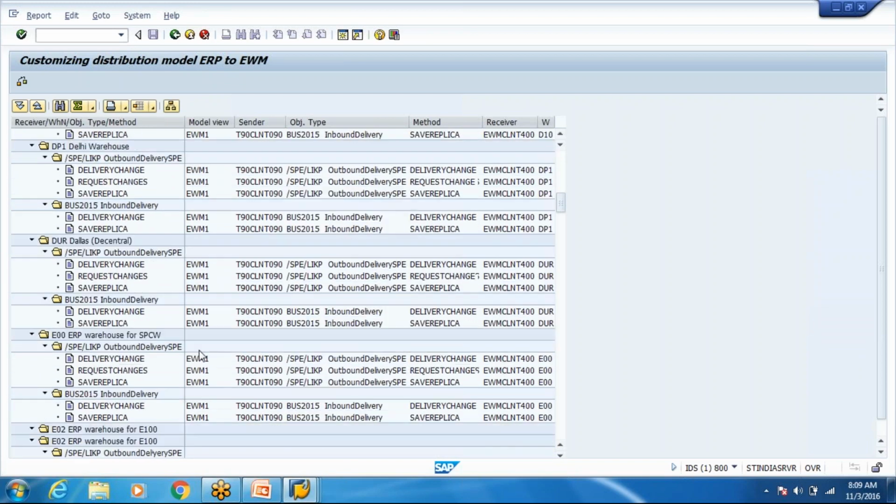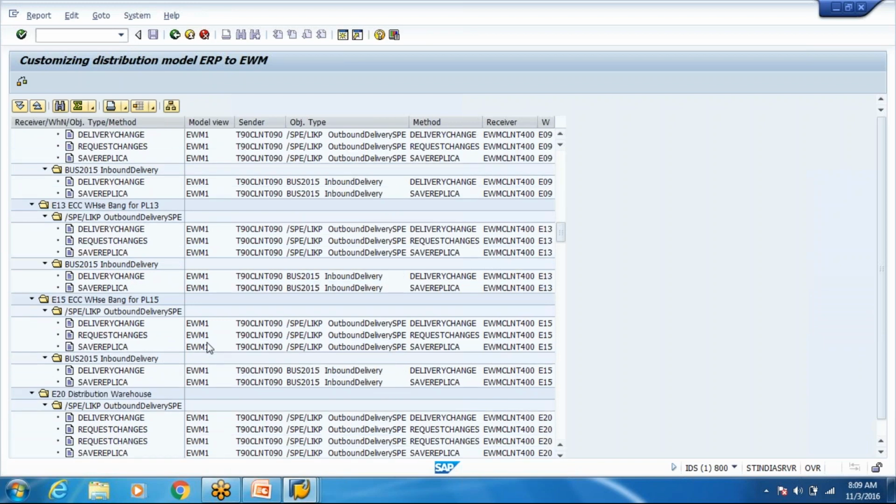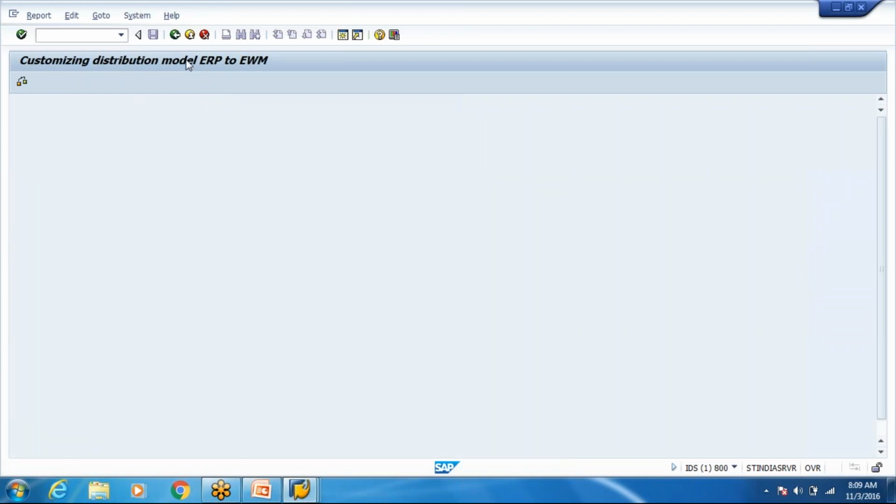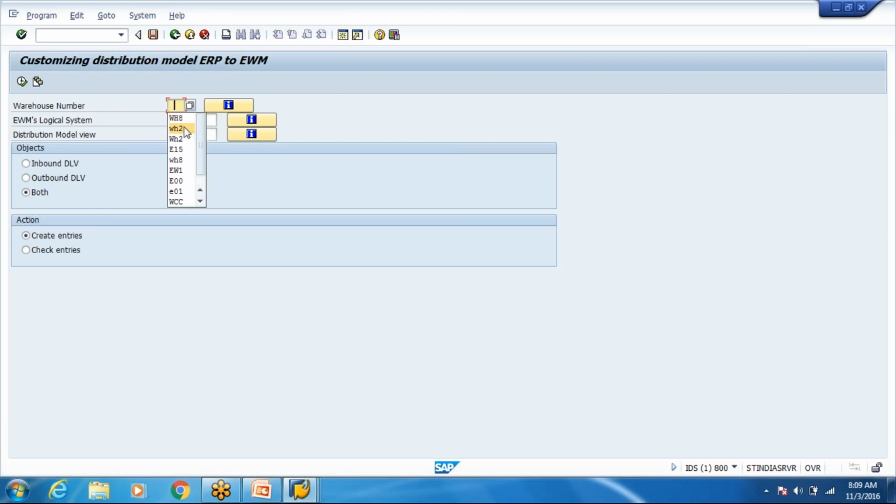So it looks like EWM1 has to be used in this system. So I've tried distributing your warehouse using EWM1. No, it's WH2, sorry.